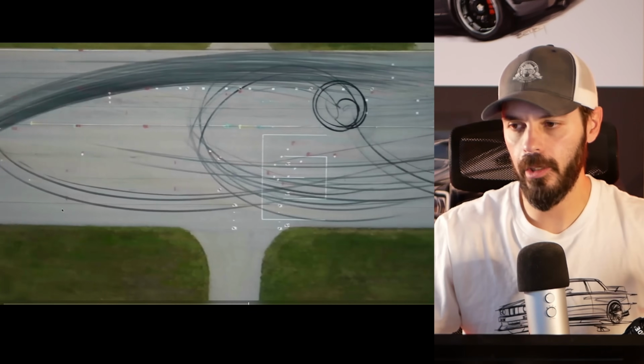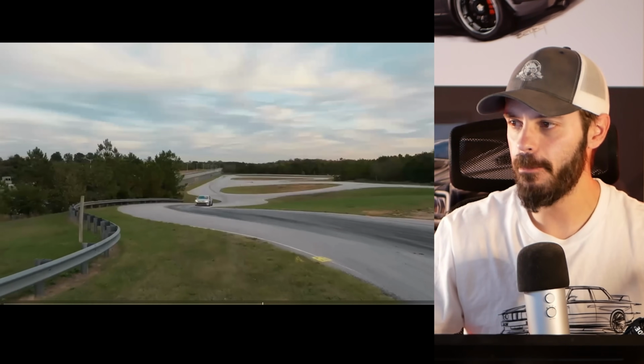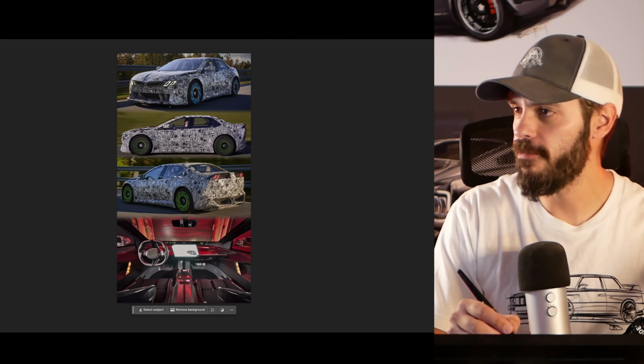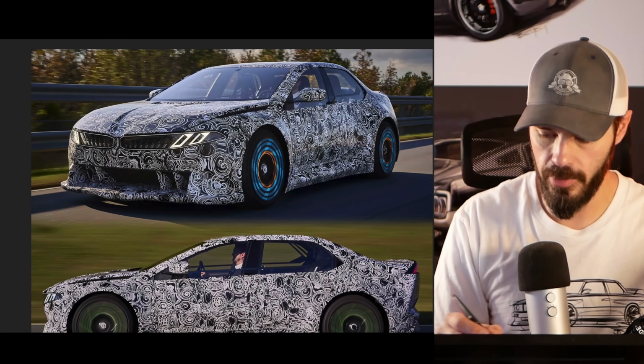So it sounds pretty cool, and it looks like a very, very fun car to drive for sure. So with that said, let's jump in to Photoshop and let's check out this design. Let's see what this is all about. I'm going to let you know exactly why I think this is such a cool design and a great BMW design as well. So here we are in Photoshop with the new BMW concept,